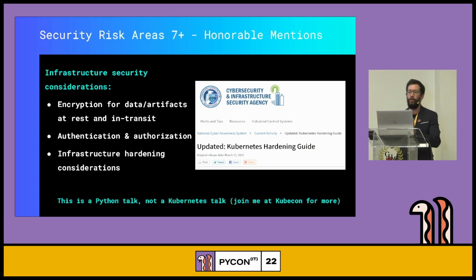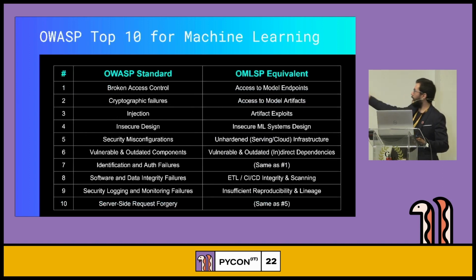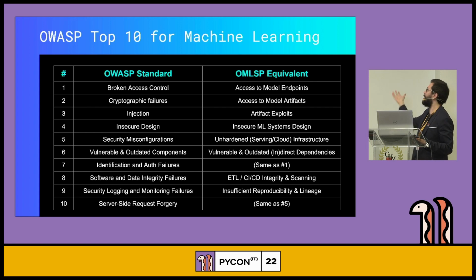Remember that when you go from a machine learning model into production, you are actually converting that machine learning model into a machine learning system, right? And you need to take into consideration the complexities that are involved within that. So if we look at the OWASP top 10 vulnerabilities that we introduced at the beginning of the talk, we actually covered an equivalent top 10 for machine learning. So this could be like our OWASP equivalent, or however you want to call it.